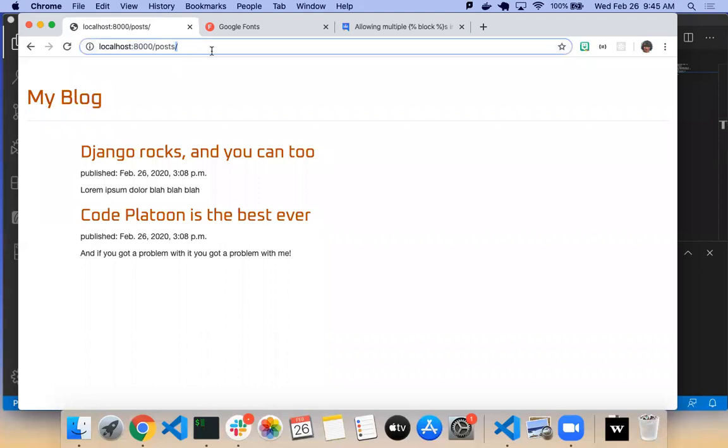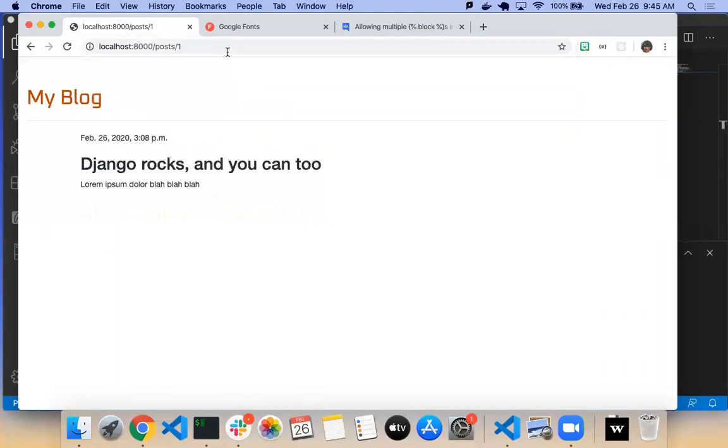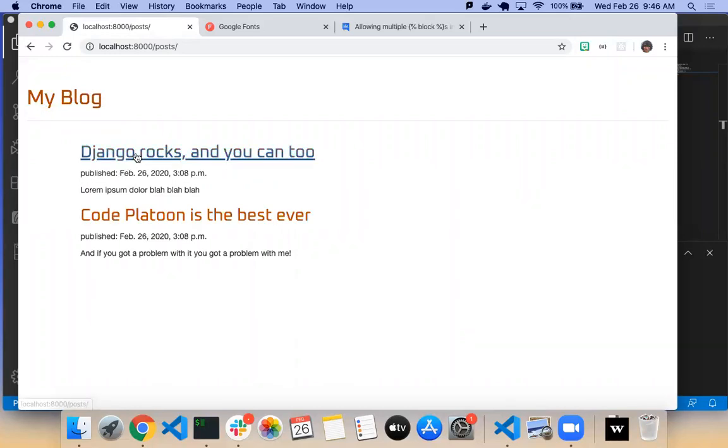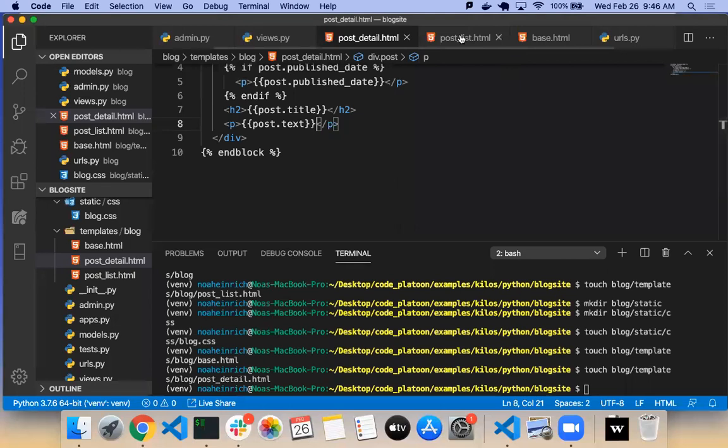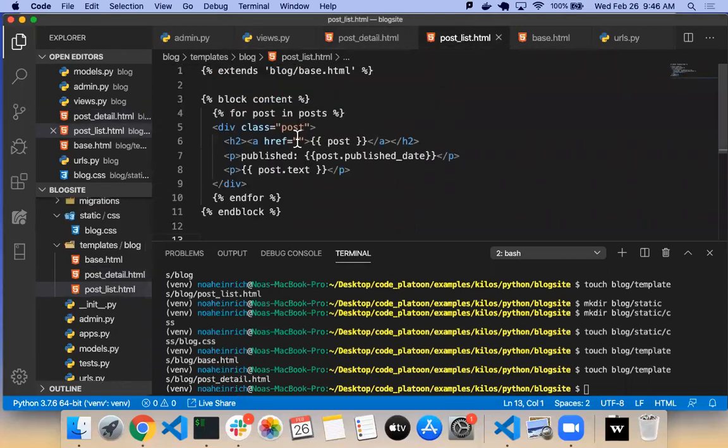So I should be able to go to post/1. There it is. And I can click on this link to go back. I'm also going to change these links so they actually go to the individual one. What's the helper I can put in here to link to an individual post? Post detail. Yep.